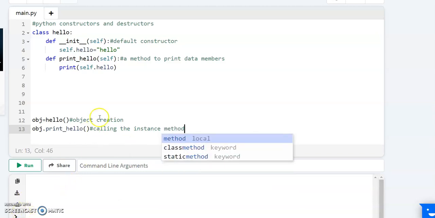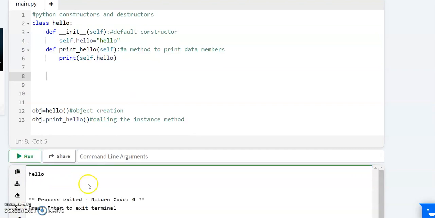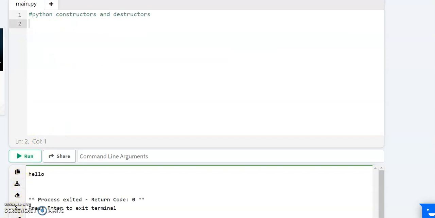Okay, this is the default constructor example. We run this, hello is printed, right? Okay, next see parameterized constructor.